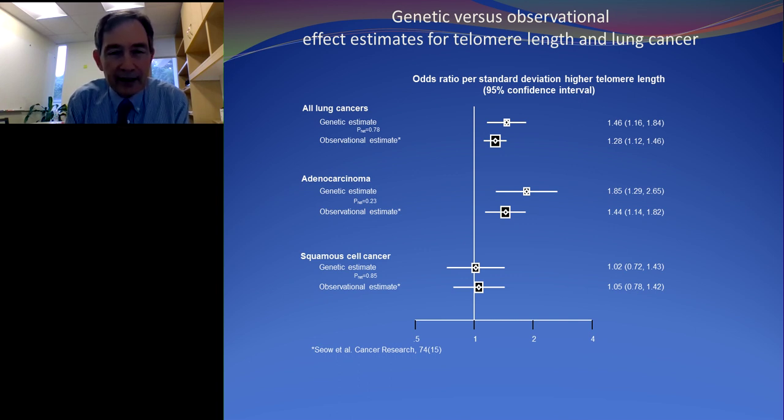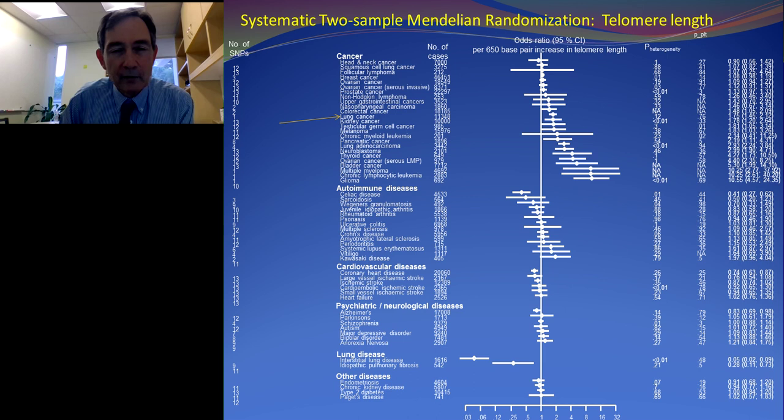So if you look at meta-analyses versus this Mendelian randomization, you see that in this case they actually are fairly similar, with maybe the genetic Mendelian randomization estimate being a little bit worse. Longer telomeres are worse than what we got from meta-analysis. And actually, it turns out you can, because those